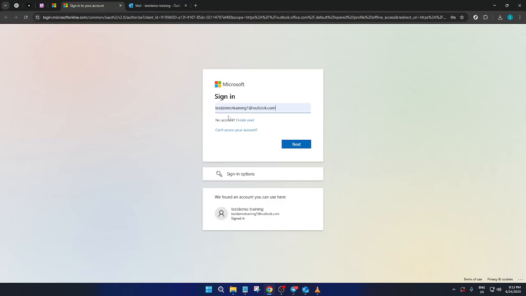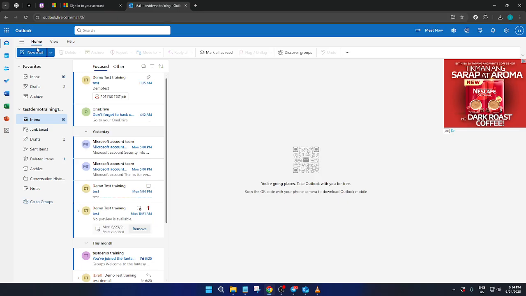As the Sign In page loads, you'll see fields where you can input your login details. Carefully enter your email address and password associated with your Microsoft account. After you've filled in these details, click Next to advance into your Outlook dashboard. The dashboard is where you'll access various features of your email service, and it's the main control panel for customizing